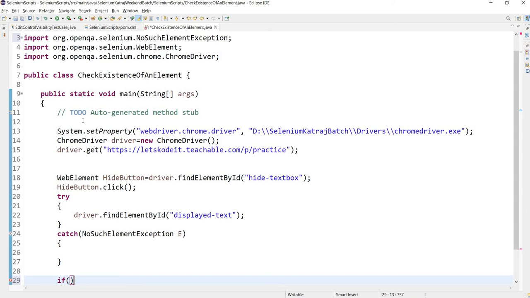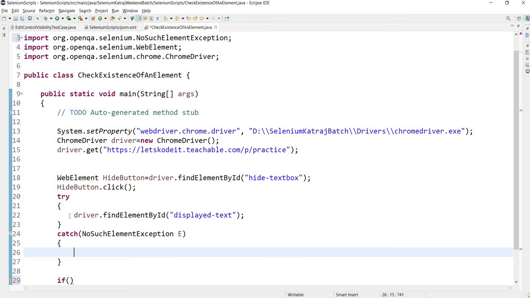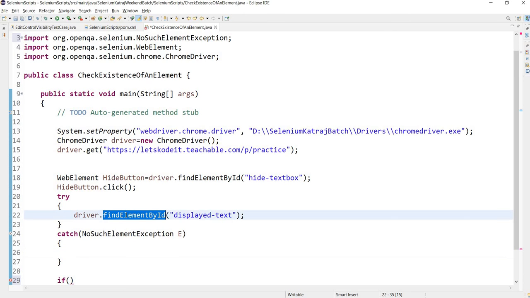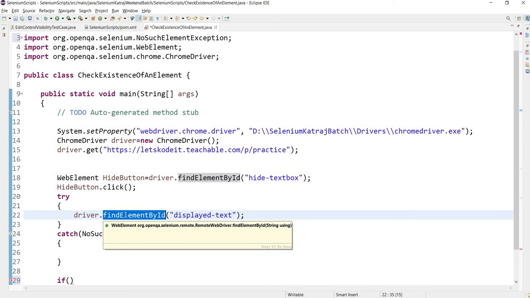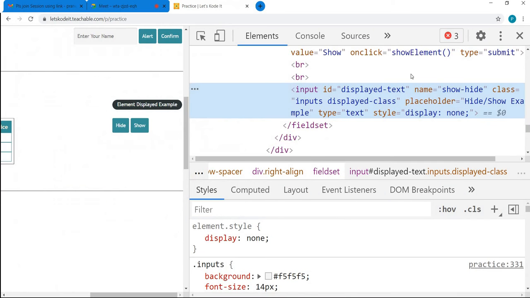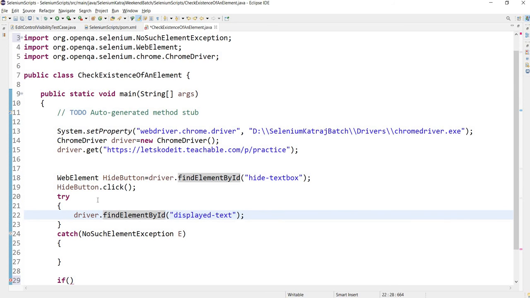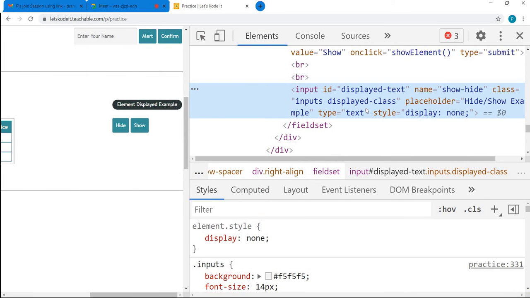So when my code executes from the start to this point, did it indeed go here or not? I am expecting my code to go into this catch block because I want this find element by ID to throw me an exception. If it doesn't throw an exception, it means it could find that element in the DOM. It means the hide button didn't work, because we are expecting the hide button to remove this from the DOM of our browser.